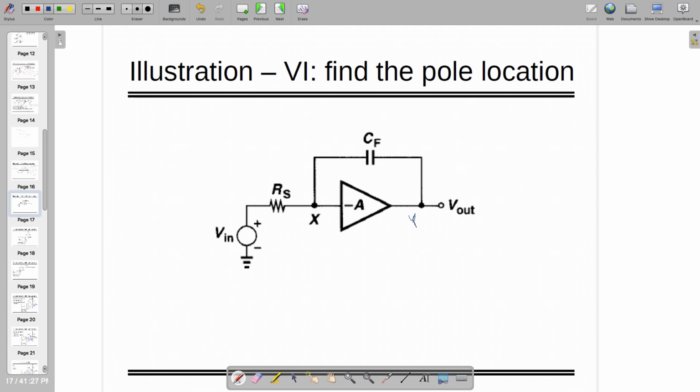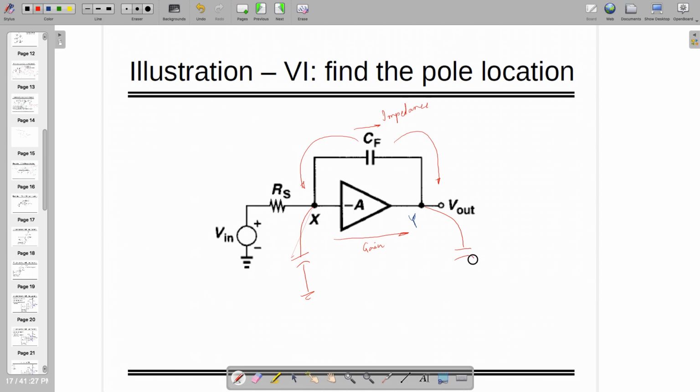So y equals minus A times x, and because of this gain element and this impedance element, you can decompose this into parts, right? When you are going to do this, this capacitor is coming here